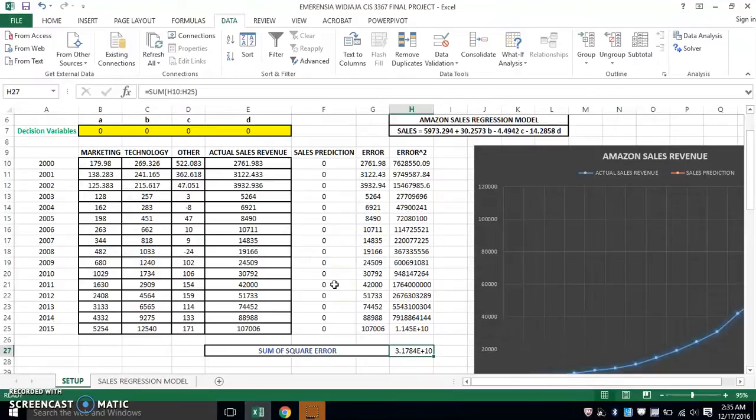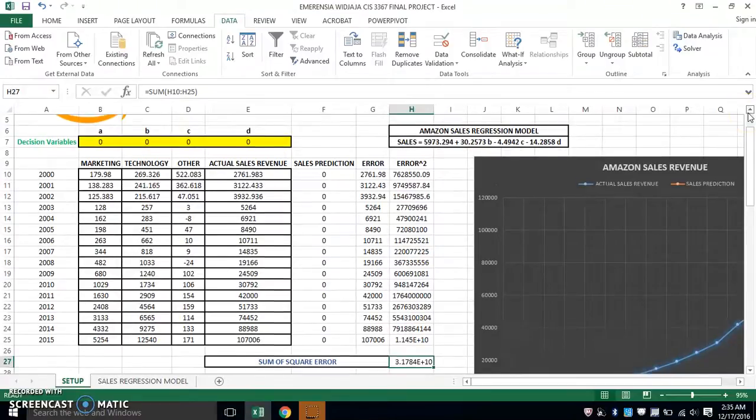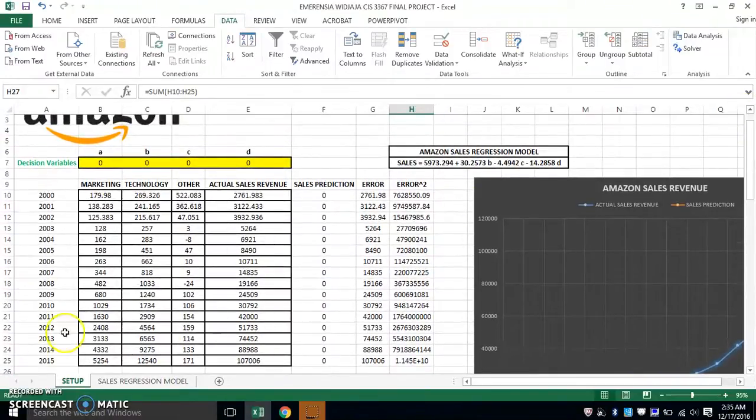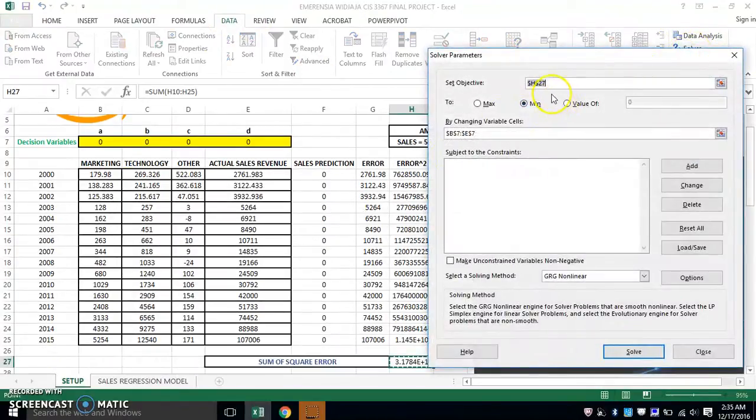Using Solver, the complicated part is actually doing the setup. So after all the setup is finally done, we can go to the final step, which is to use the Excel Solver itself. It will help us to determine the coefficients, and this is what the Excel Solver should look like. Go to the Data tab and you'll find the Solver tool, and then the objective will be to